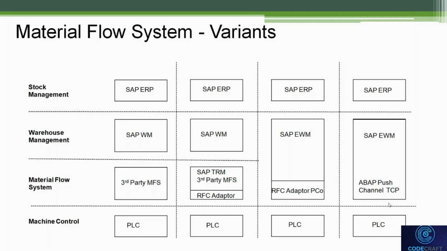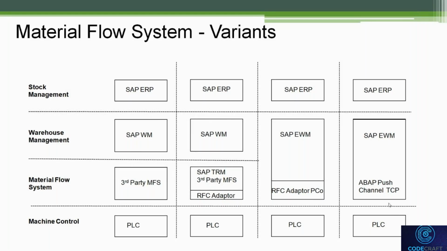So messages are sent and tasks are created. Functionally, there is not much change. You know how to create a task. Just create your role configuration and everything as you would do in a normal inbound and outbound. But certain tasks are not to be executed by a resource using a forklift or scanners. Certain tasks have to go to the MFS and they will confirm back to us. So the first attempt when you go for implementation would be to make sure the ABAP push channel is used. The ABAP team has to do those settings